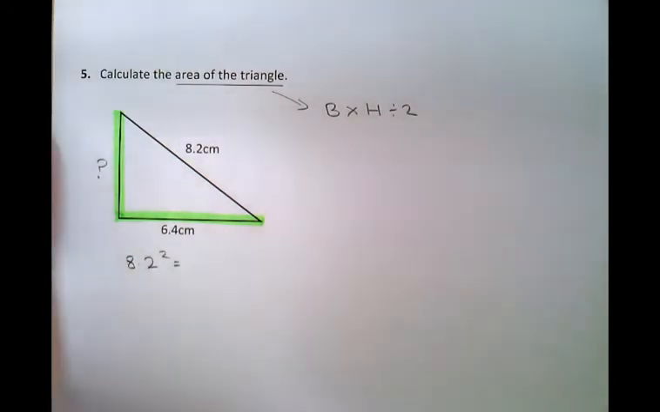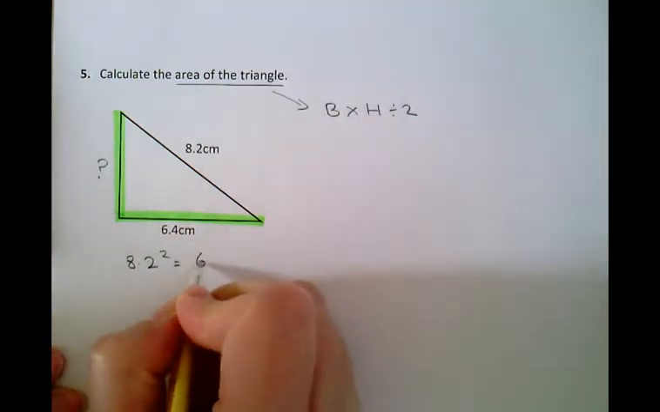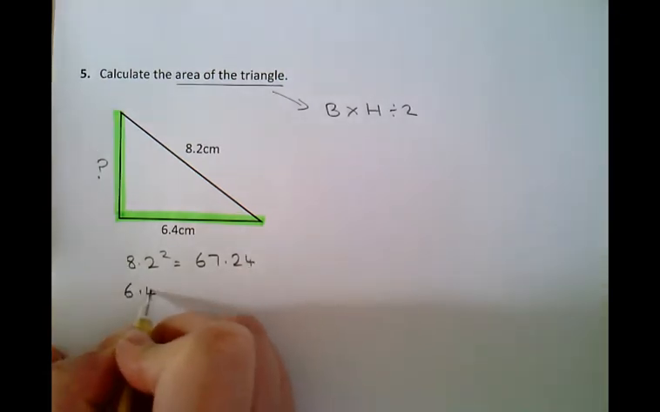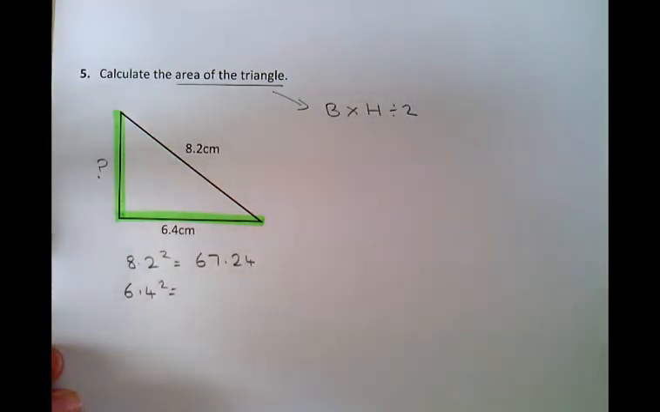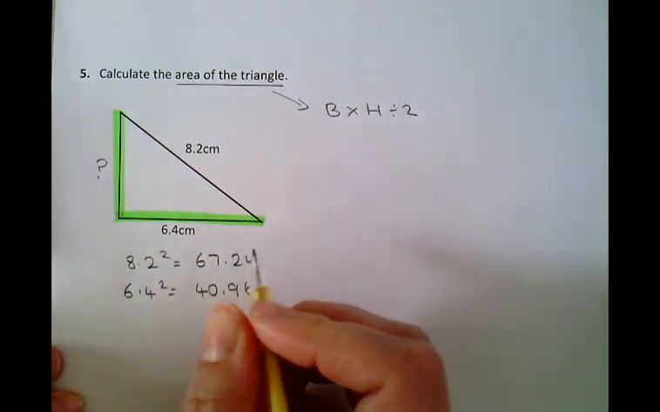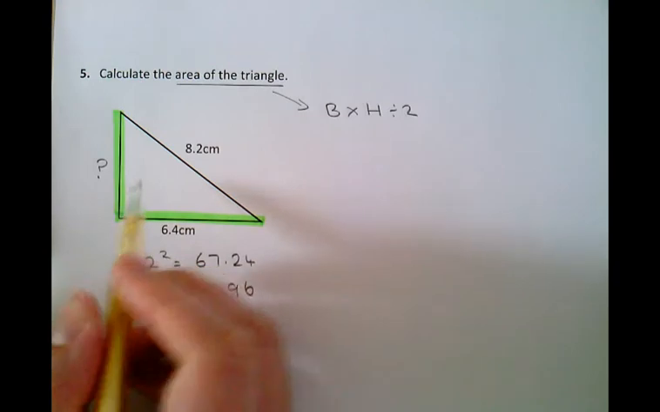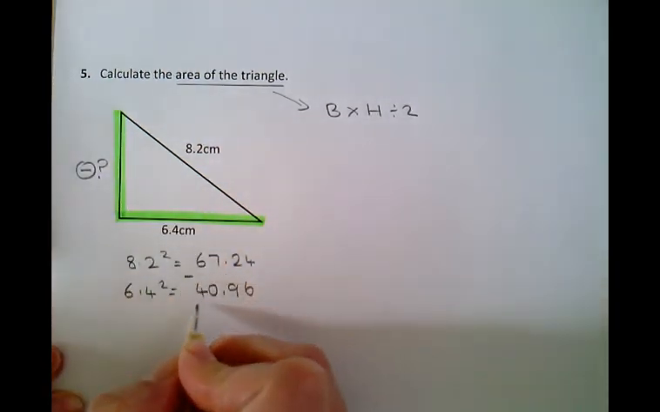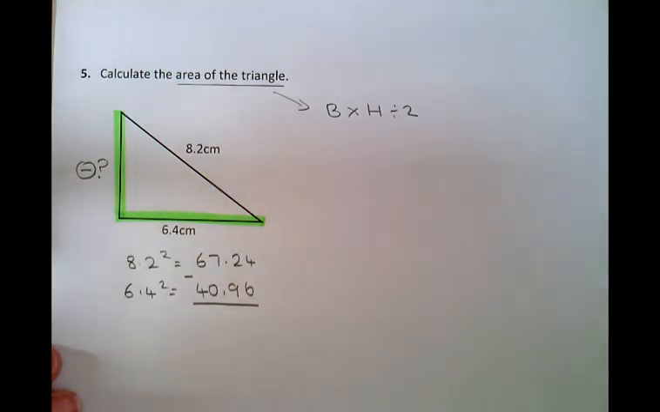So using Pythagoras then, you would square both of the sides, so take the 8.2 and square it. So 8.2 times 8.2, or 8.2 squared, gets you 67.24. And then take the 6.4 and square it, so 6.4 squared gets you 40.96. And you're looking for one of the shorter sides here, so that's the hypotenuse, these two are the shorter ones, so you subtract those two answers. So do 67.24, take away 40.96,